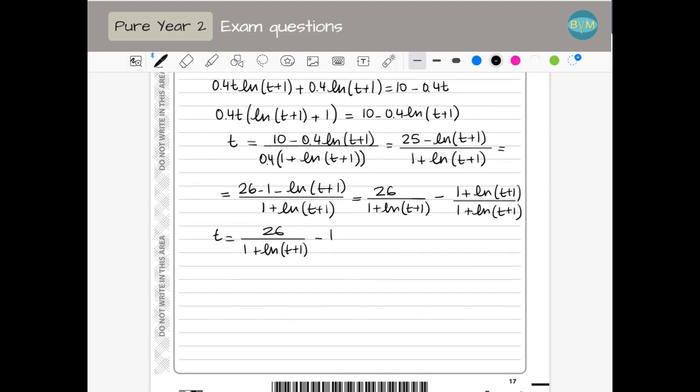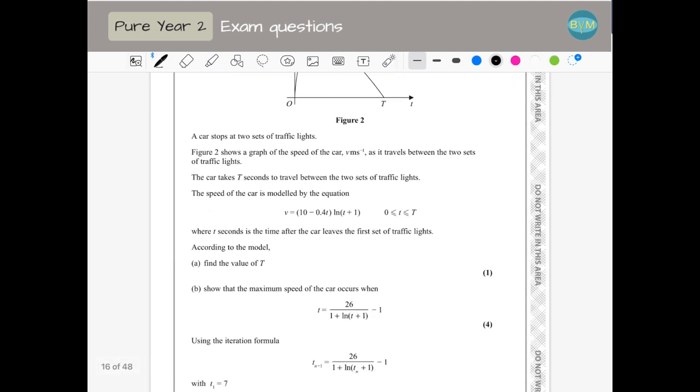so this is for part C, t1 is 7. When you substitute t1 in the formula to find t2, you get 7.443. I'm not rounding yet. t3 is 7.298. This one is to 3 decimal places. That is what they ask. Yeah. So this is t3. And then the last thing they ask is